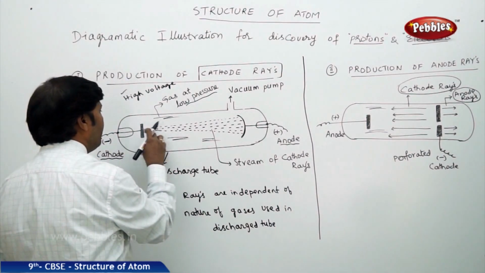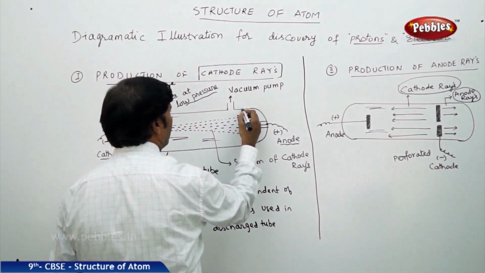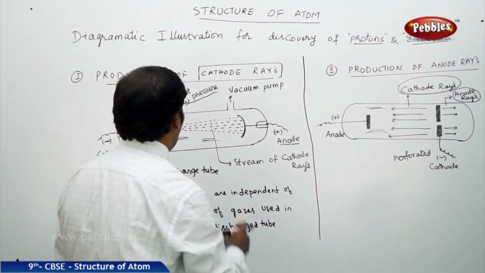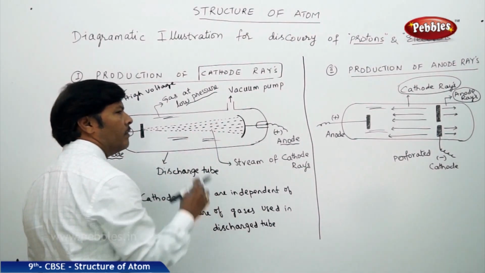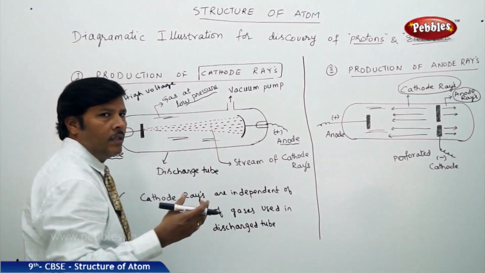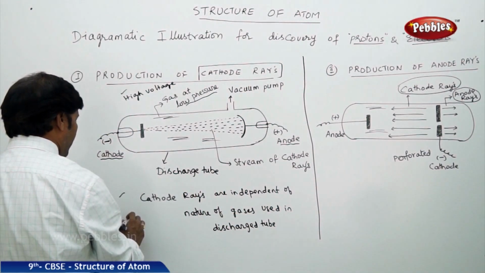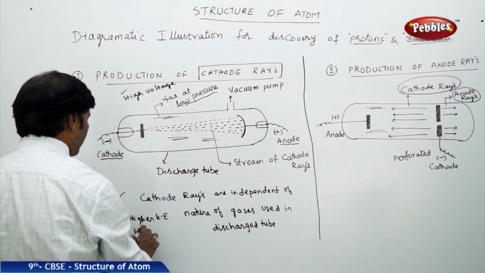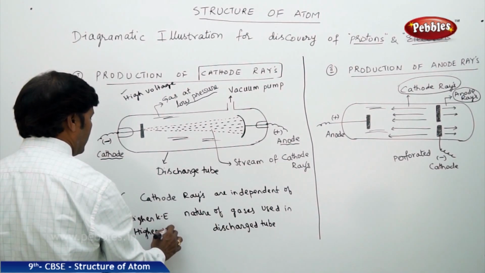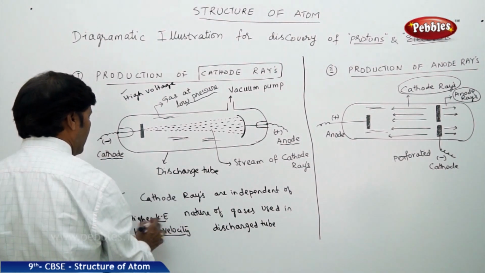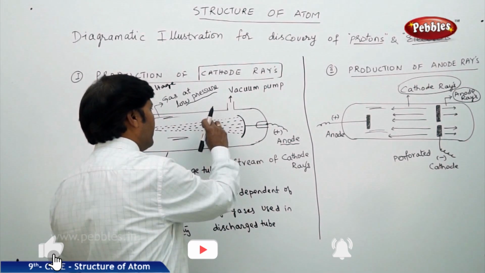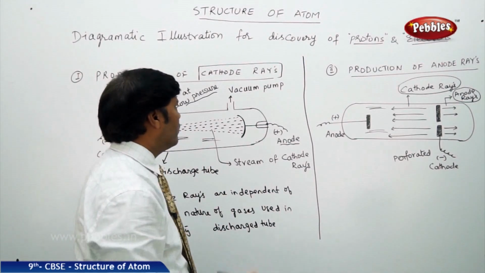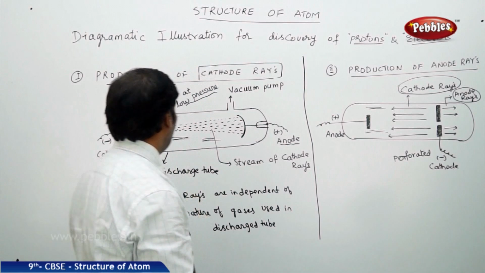So all the negatively charged particles, the stream of negatively charged particles, originate from the cathode electrode and are trapped on the photographic plate. If you put a small mechanical wheel in the path, because cathode rays have high kinetic energy and higher velocity, they cause mechanical motion when any object is placed in the path of the beam. This is how we can originate the cathode rays from the cathode electrode.